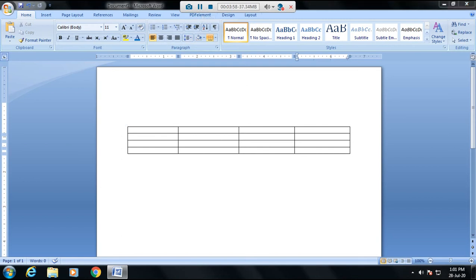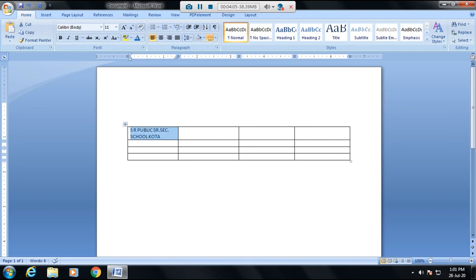Now the next thing is when we write any text and its size increases beyond the column width, like this, meaning SR Public Senior Secondary School.